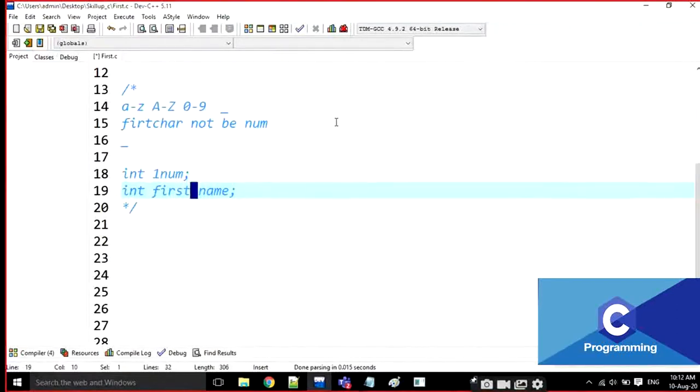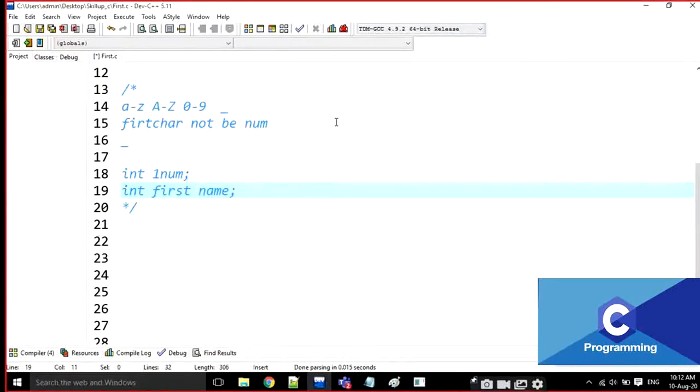If you want a space here, just go for underscore. This is the correct one. Any space makes it a wrong variable name, since space is also a special character, and in the variable name only underscore is allowed.